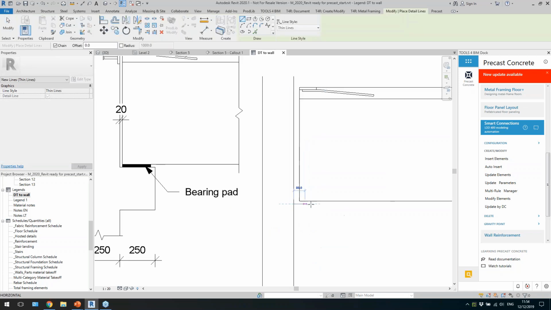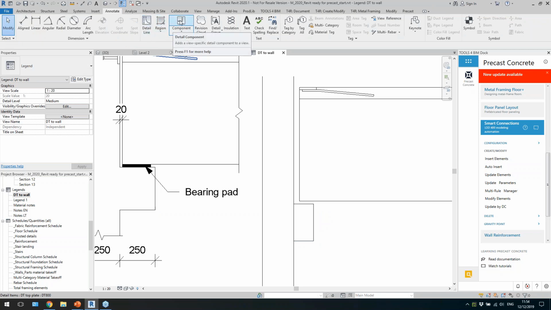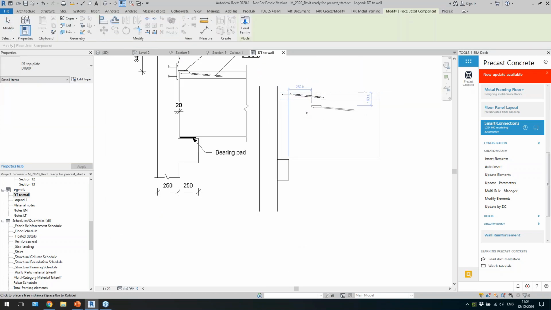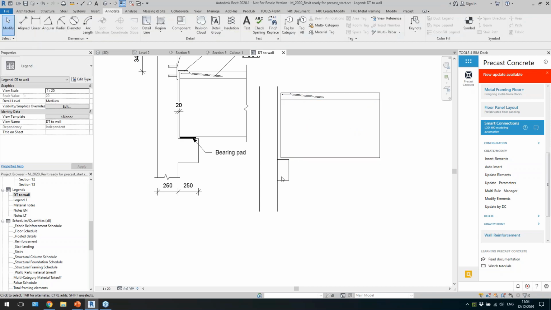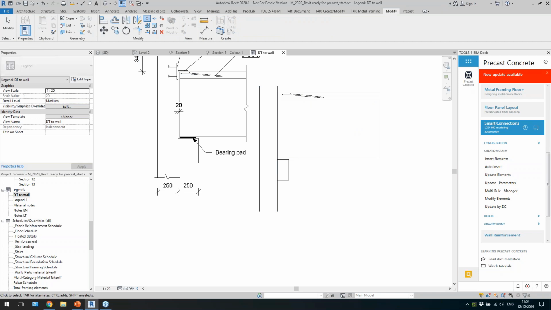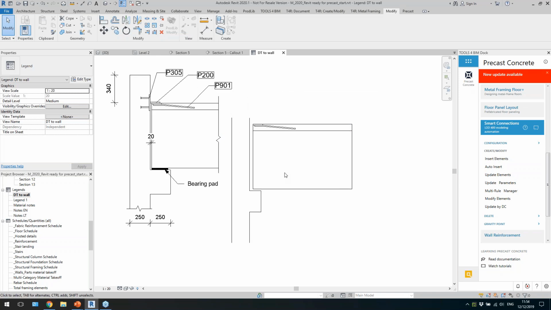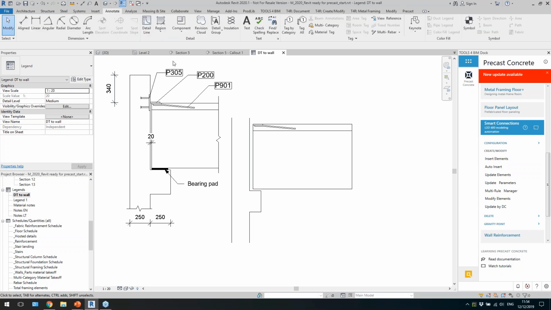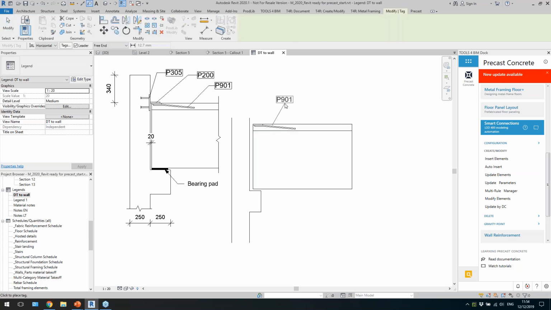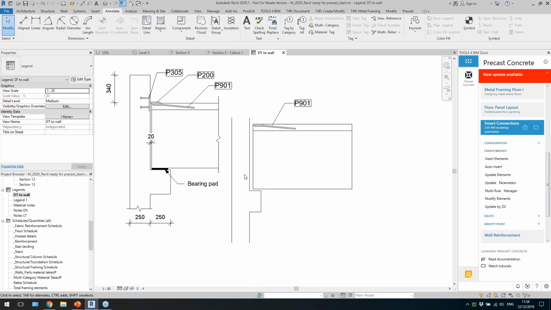But basically, you could draw lines, and another way would be to use these detail components, which is available in Revit, and you place them. And the good thing about the components is that you could extract information again from them. Of course, this is too detail, and it's not related to the model, which is a minus when we think about the concept. But again, you could use that, because in some projects, if you want to repeat that, or you need to place some kind of detail on each sheet, so legend is the best way, because you can